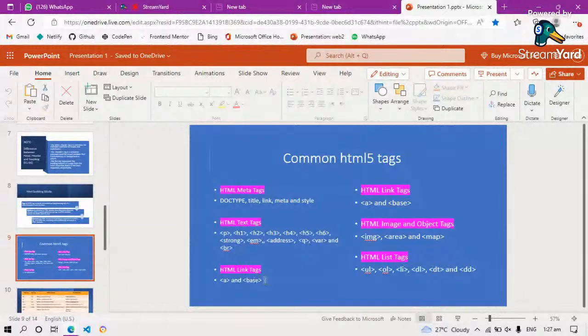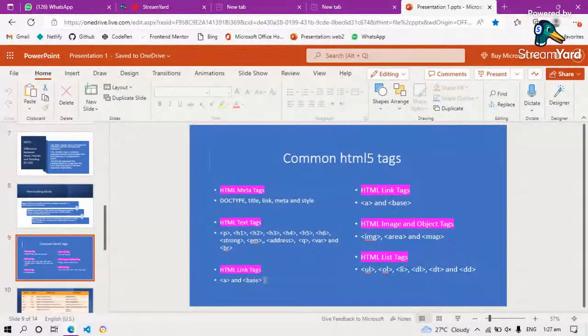Okay, this B tag defines bold. We have B for bold, and I also have strong for bold. I didn't really write it down here, but the difference between B and strong, I don't think they have any visible difference.